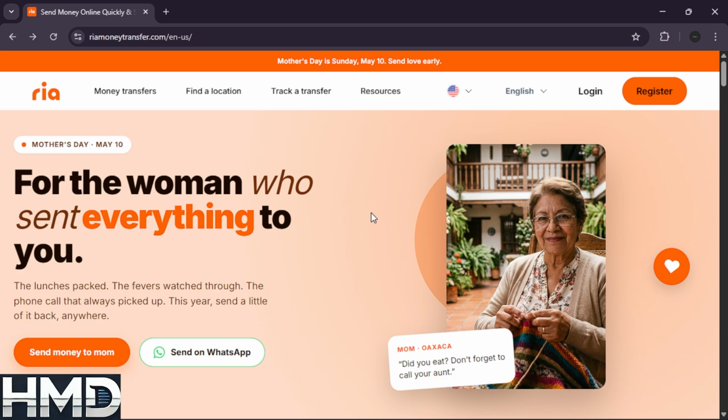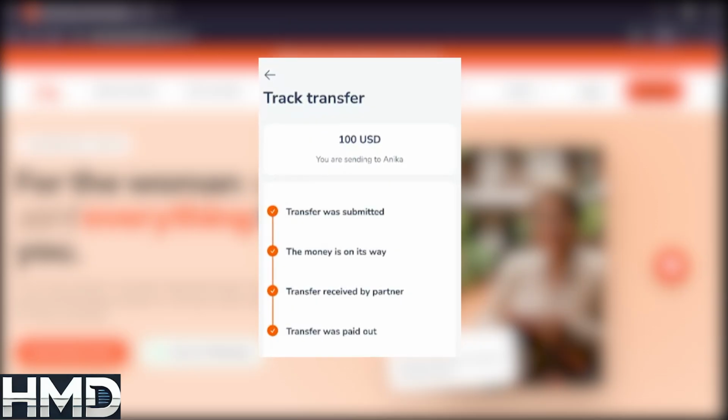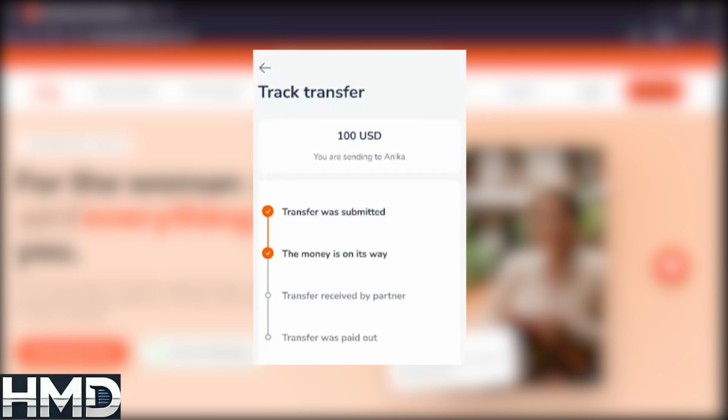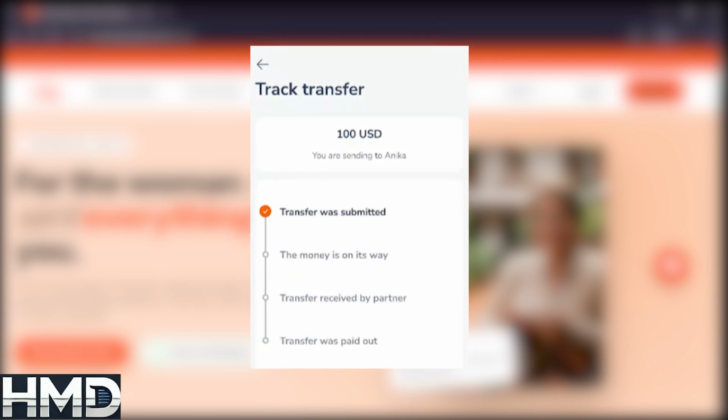Next, track your transfer status. You need to use the tracking tool to see exactly where your money is currently sitting. Go to the RIA website and click on the Track a Transfer button. Type in your order number and the country where the money is going, because it shows you the exact progress